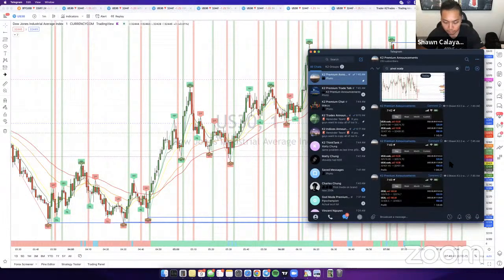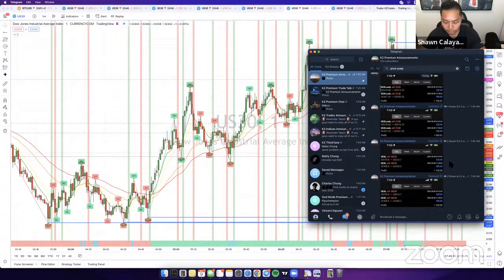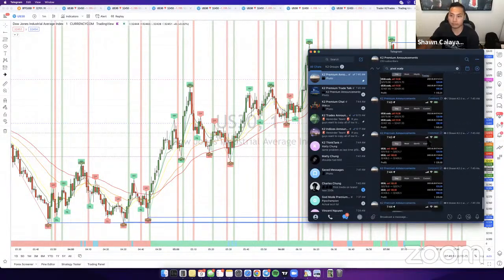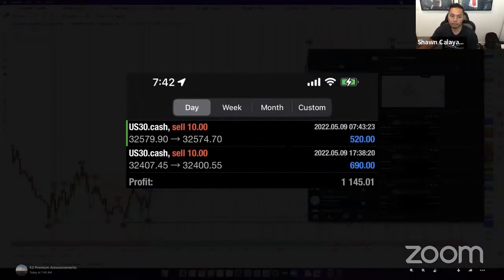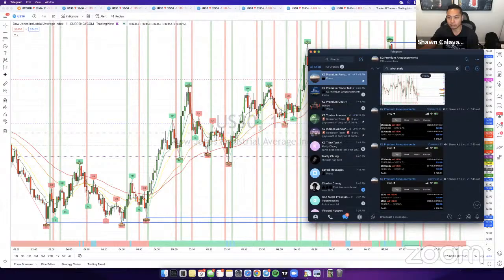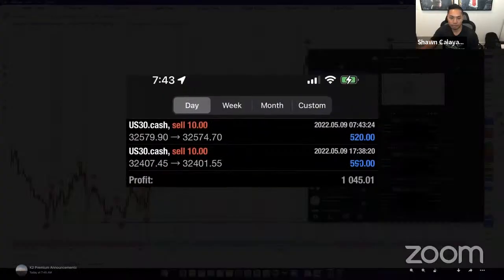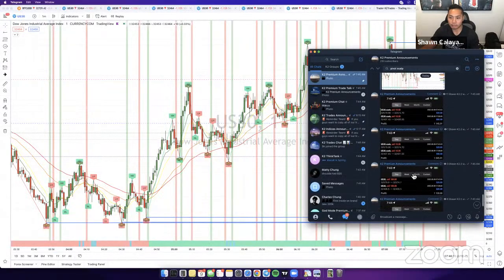So here are all of my accounts. You guys can see the price, the difference between all of these right here. So here's my main account. You guys can see the green strip from last night. I let it hit full TP. I made a profit of 690 off that trade, total of 1,145 off this account. My second account, copy over here, it was off by $100. So some slippage there, still profit of 1,045 over total.